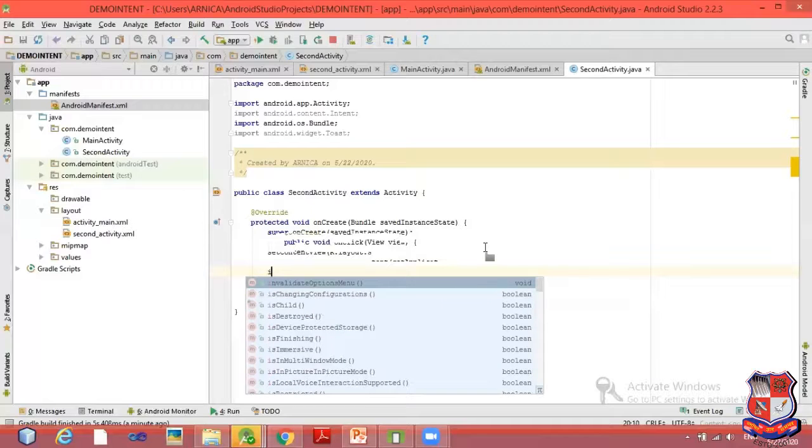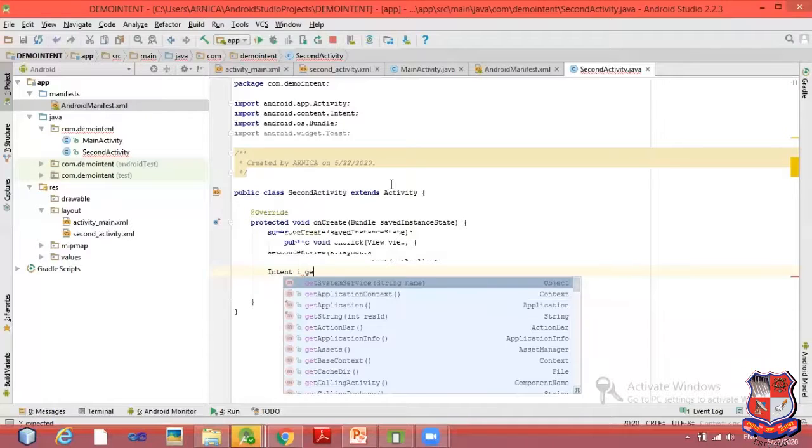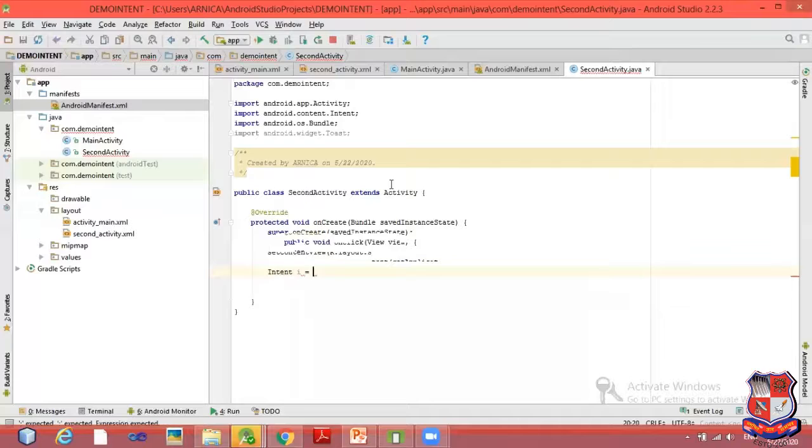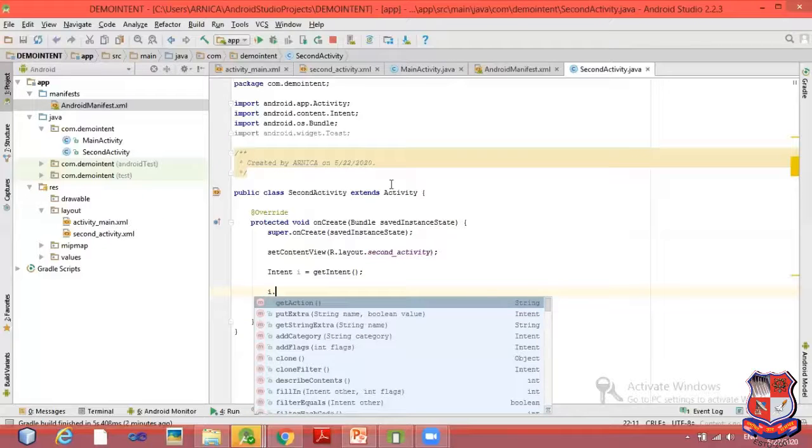So to get the name Zane, which we have transferred from the main activity, first you need to create an object of the intent and call the getIntent method. Intent i is equal to getIntent. After that, to get the data from the main activity, use the getExtra method.